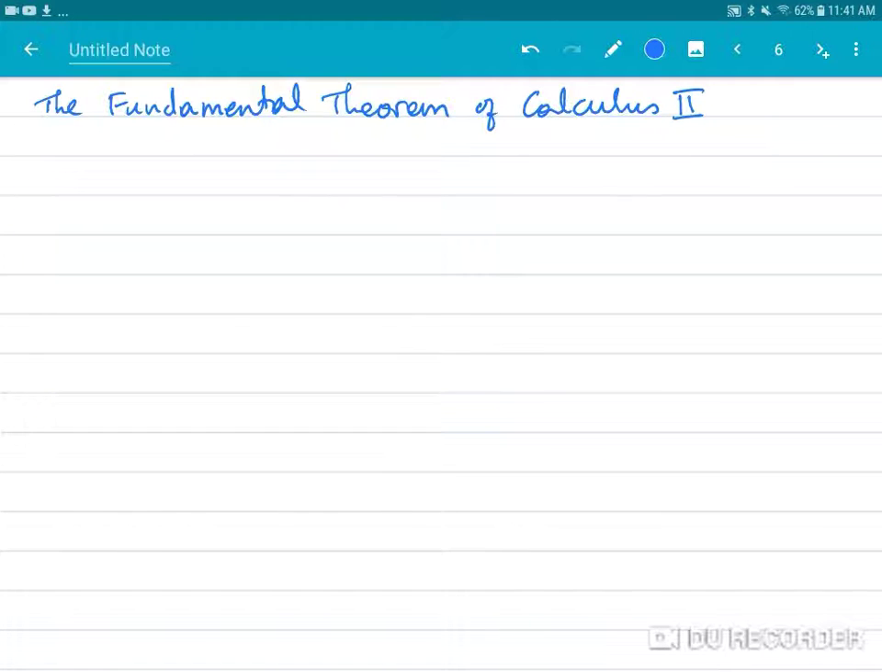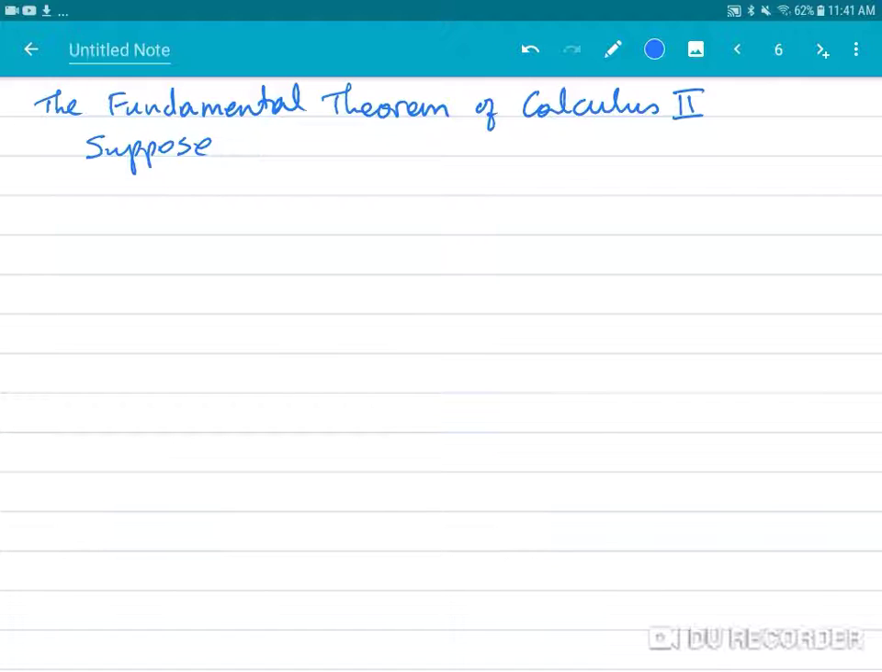What this theorem says is, if we have a function for which we know an antiderivative, then we can find a definite integral. There's a way to calculate the definite integral. Okay, suppose,